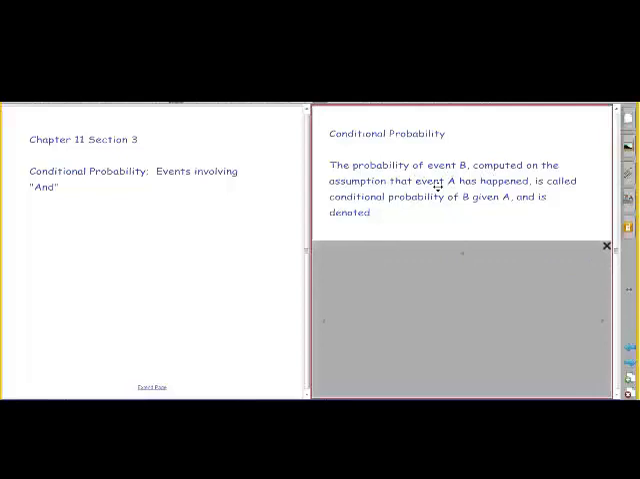So, conditional probability. The probability of event B computed on the assumption that event A has happened is called conditional probability of B given A. And we use this terminology. We use P for probability. And before, we've just had a letter representing the favorable event that we're trying to find the probability of. In this case,